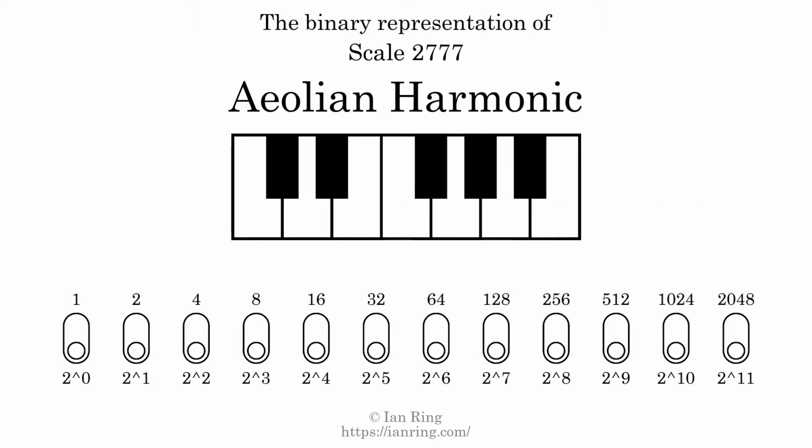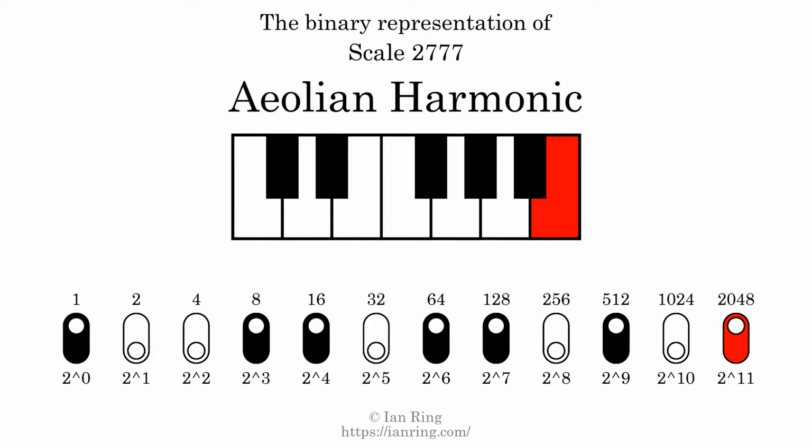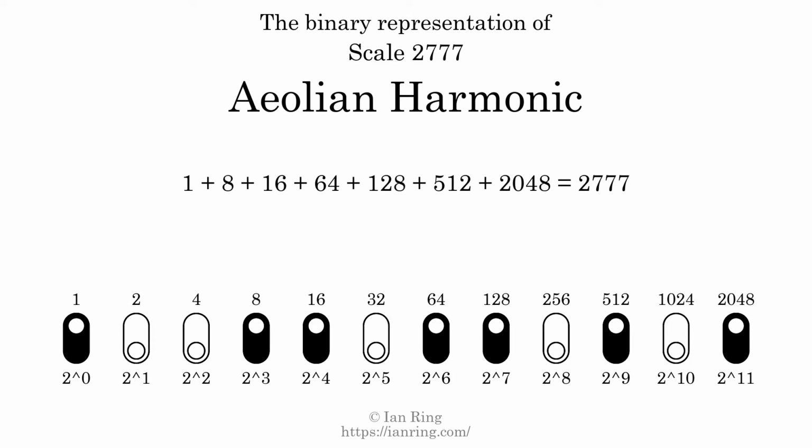The binary representation of this scale is determined by mapping tones of the scale to binary digits. Each binary digit represents a power of 2. To get the scale number, we add the powers of 2 together. The powers of 2 that are present in the scale, all added together, equals 2777. That is why the scale number, in decimal, is